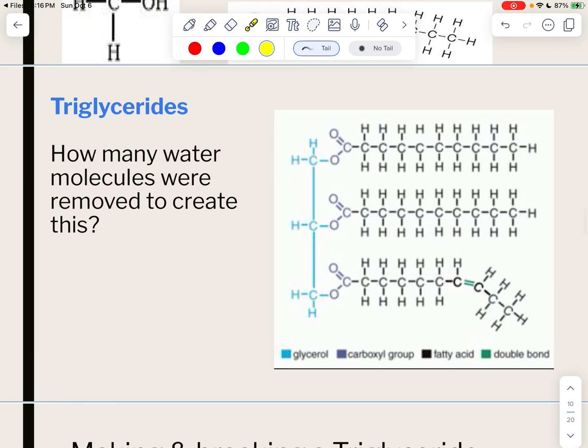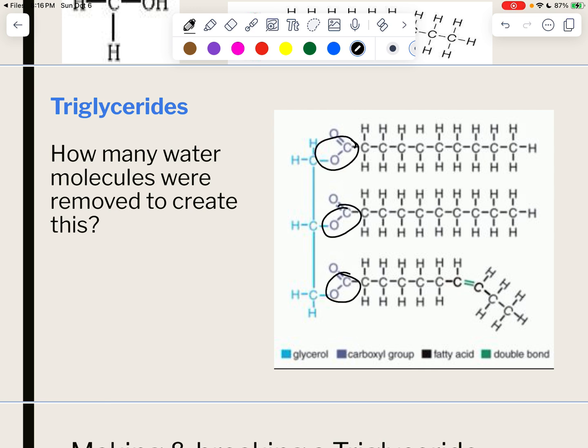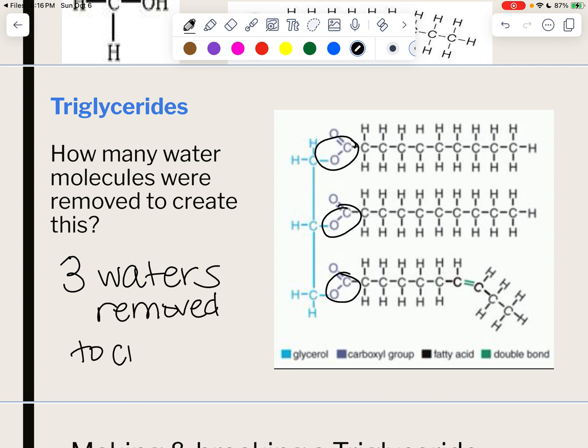So how many water molecules were removed to create this triglyceride? Well, I see here 1, 2, 3. So 3 waters. It's not 1 less than the number of bonds in this case because I need to lose those 3 waters to make the 3 bonds for the lipids. So 3 waters removed to create the 3 bonds